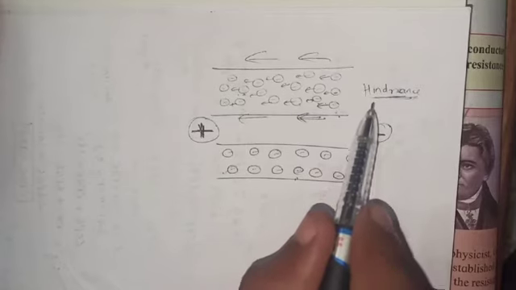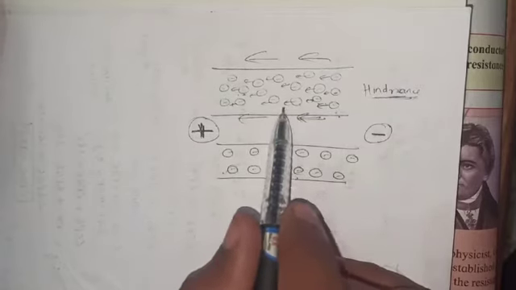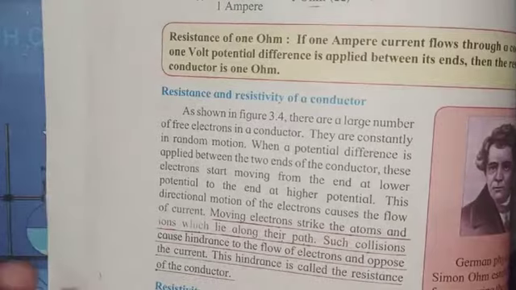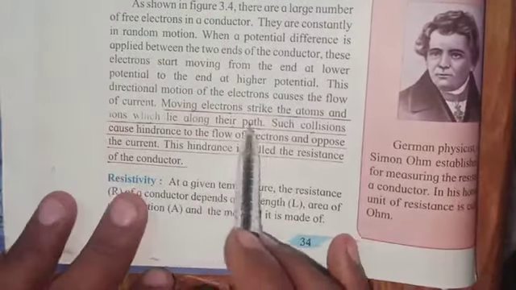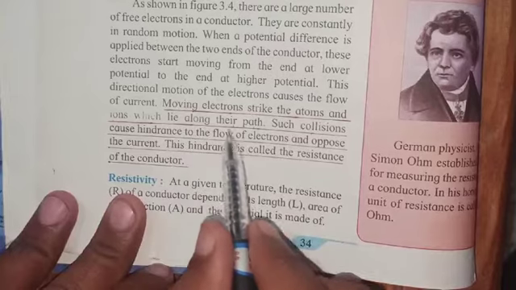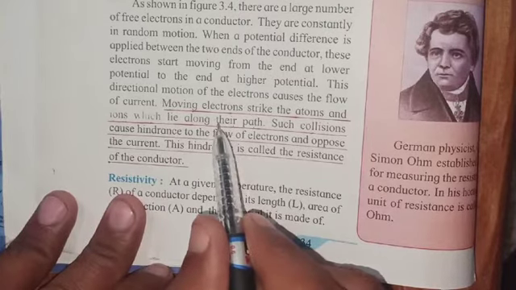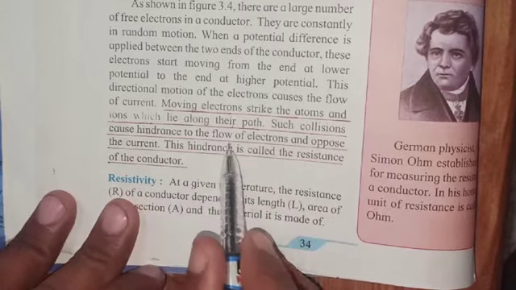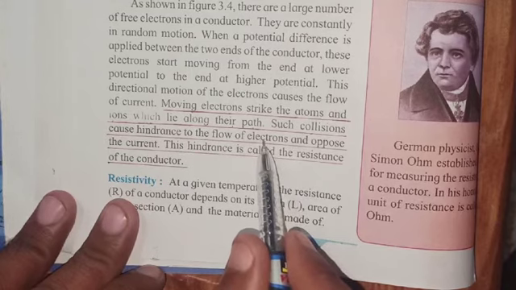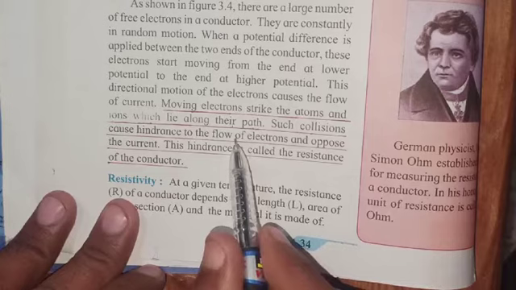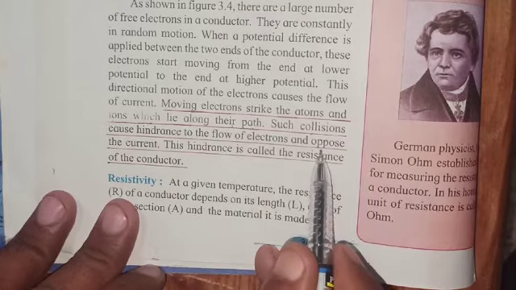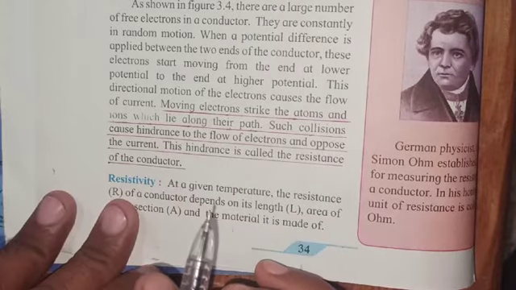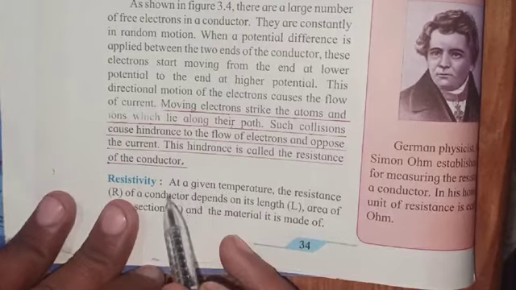Okay, now you got it. Resistance is the collision, the stoppage, the blockage of that flow of electrons, that is nothing but the resistance. So these moving electrons strike the atoms and ions which lie along their path. Any electron that comes along in their path, they slide on it or strike it. Such collisions cause hindrance to the flow of electrons. So this collision causes hindrance, blockage, stoppage, and this opposes the current, and this hindrance is the resistance to current. Okay, so in this condition the resistance can happen.